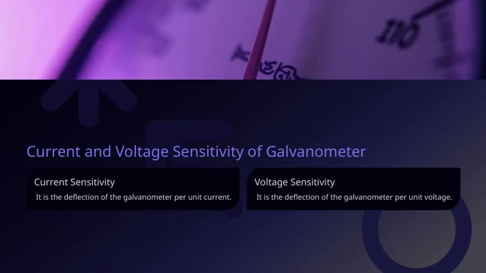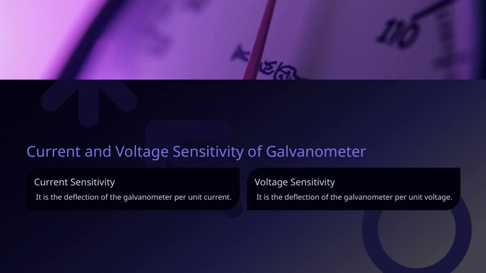Now, let's look at the concepts of sensitivity in galvanometers, which are crucial for understanding how these instruments respond to electrical signals. First, we have voltage sensitivity, which is defined as the deflection of the galvanometer per unit voltage applied. Essentially, it tells us how much the needle moves when we apply a certain voltage across the device. The higher the voltage sensitivity, the more responsive the galvanometer is to small changes in voltage, making it ideal for